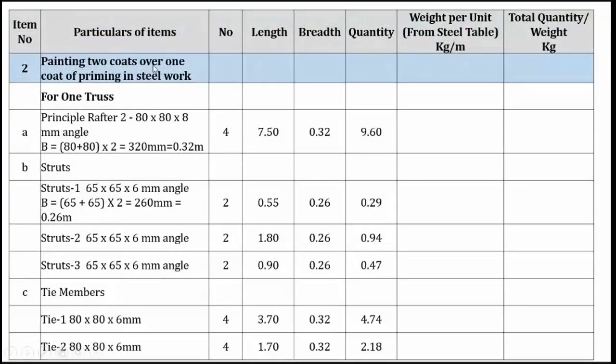So we'll now calculate the painting quantity of the truss. Already we have written everything. The same thing has to be done, copy paste. In the exam also, remember what all things you have written here. The same thing has to be written. Only, you have written these 4 numbers and this length also. The only thing is that you have to multiply it by breadth now. Painting is measured in square meters, that means you have to calculate the area. How will you get area? Length multiplied by breadth.